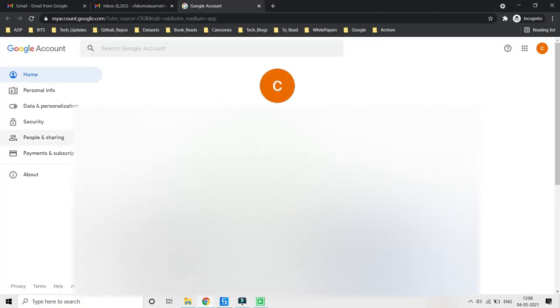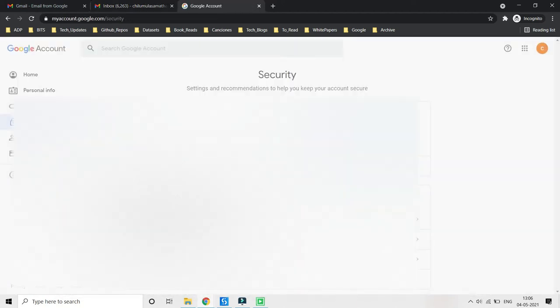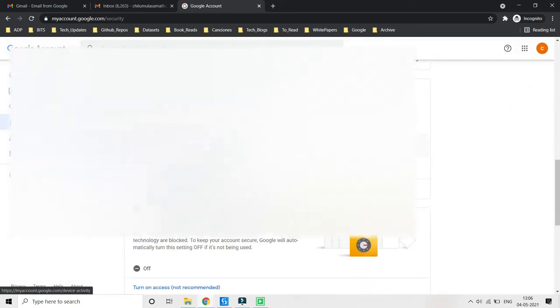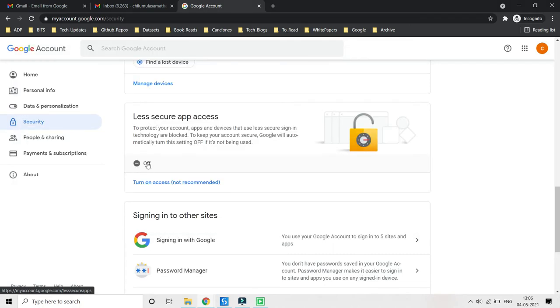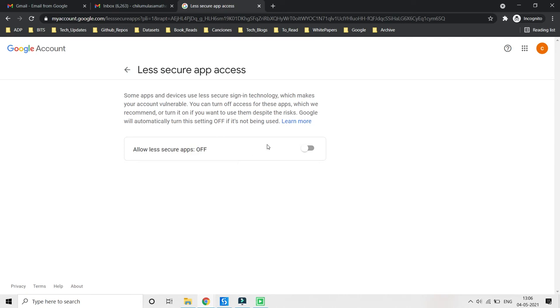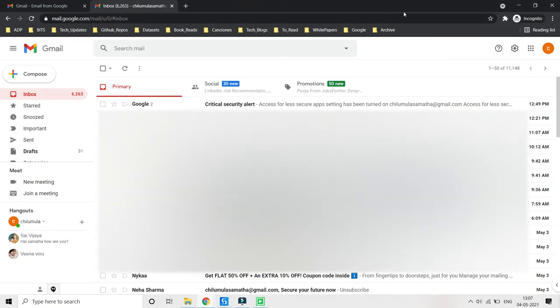Go to your Google account, go to security. By default, your Google account will not allow emails from less secure applications. So if you want to receive an email from third party applications, you need to turn on allow less secure apps. And now close this,